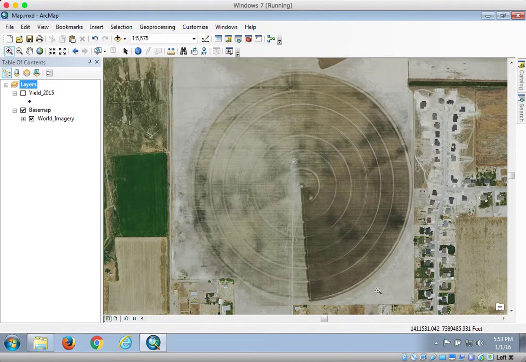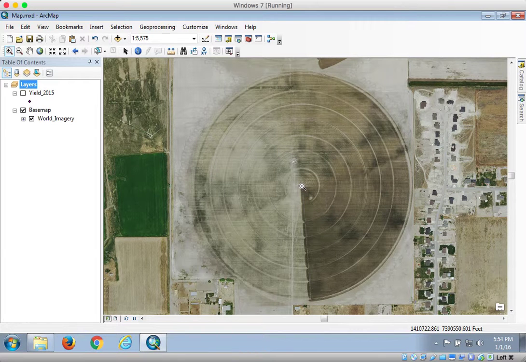And so two pieces of information I need is I need the centroid of the pivot, and then I need the radius of the pivot. And this is for your typical circular pivots area here. So the way you can grab that information is you can simply just zoom in, and as you move the mouse around inside of the application, you can see down here in the lower left-hand corner the latitude, longitude, and